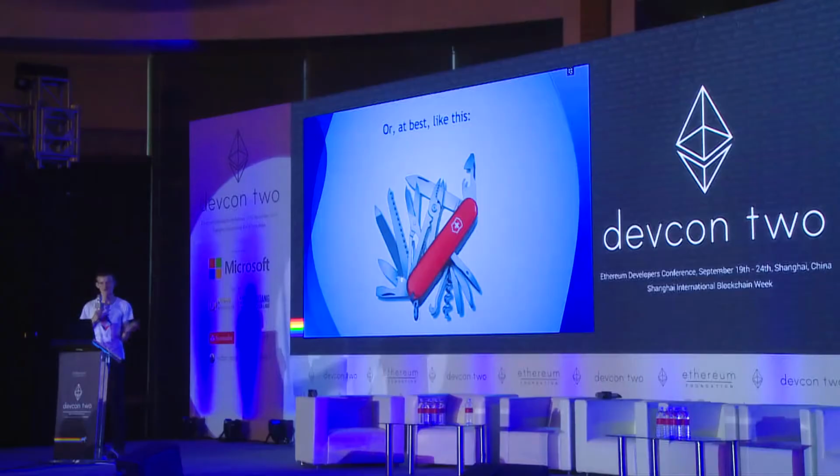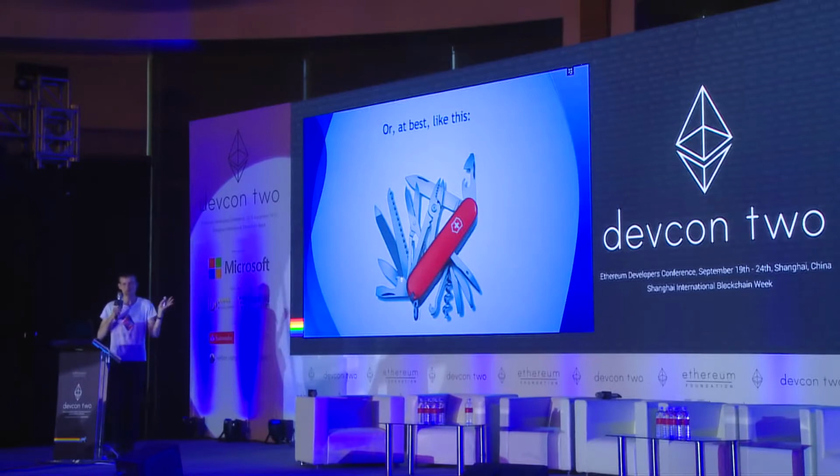So after this, in 2013, there were people who were making protocols that looked like this. A Swiss Army knife. Basically, you come up with a list of 10 or 20 features you want to have, make a little tiny thing for each one of them, stick them together into a knife, and there you go, that's your product. Or in this case, that's your blockchain. So back at the end of 2013, there were lots of projects that looked like this. They just said, okay, we want blockchains to be usable for asset issuance, crowdfunding, bets, prediction markets, identity registration, title registration. Pick a list of 20 different things, have 20 different transaction types, and have a little piece of the protocol that supports each one.